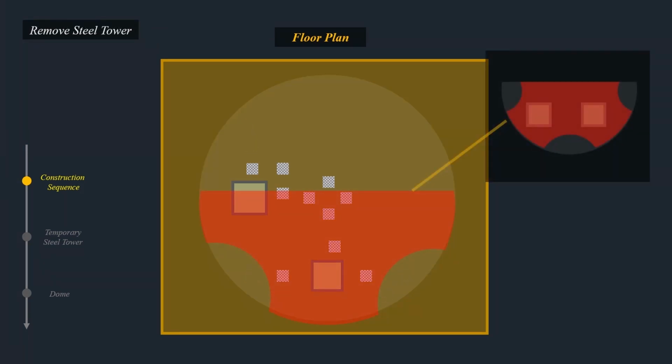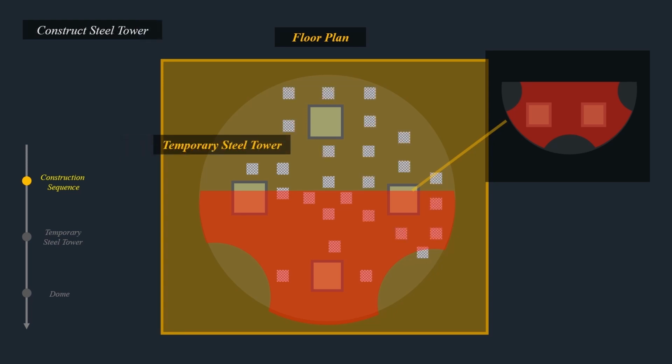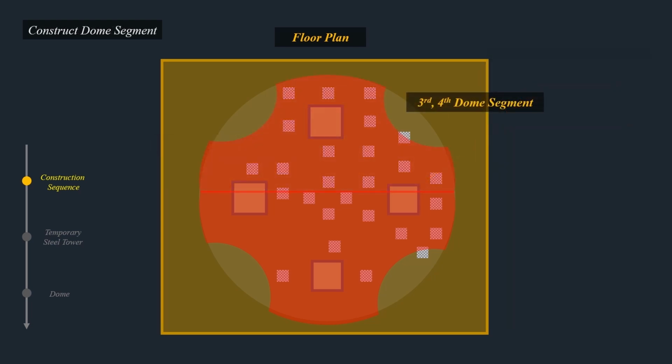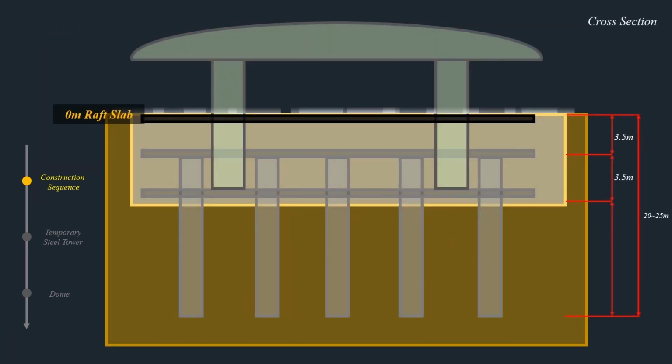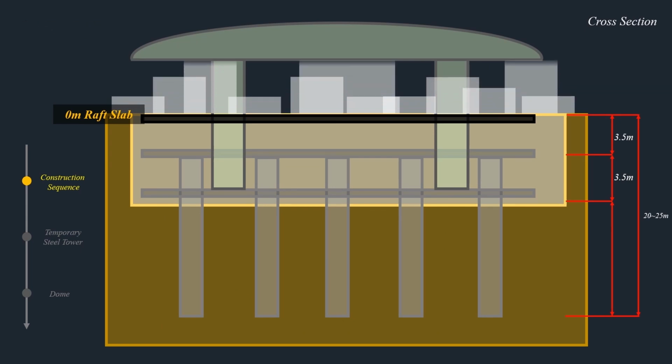After that, for the other 2 dome support towers, install temporary steel towers as needed and make them in the same way. The shape of the dome is created as it is today. Now create the 4 rim segments to complete the dome and remove all temporary steel towers. When the tower is removed and space is available under the dome,